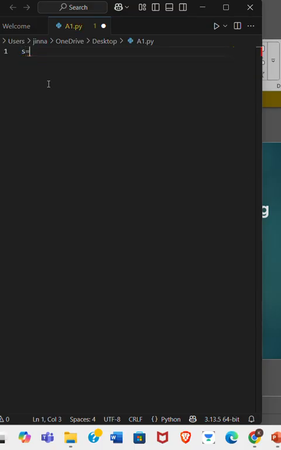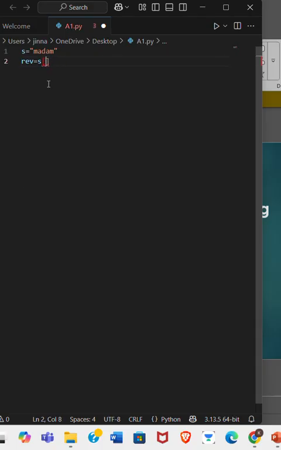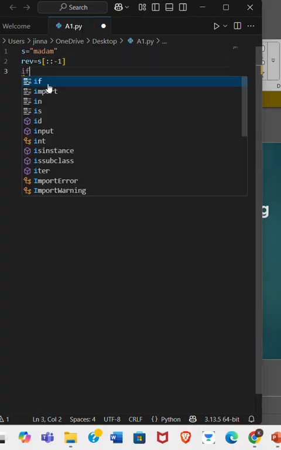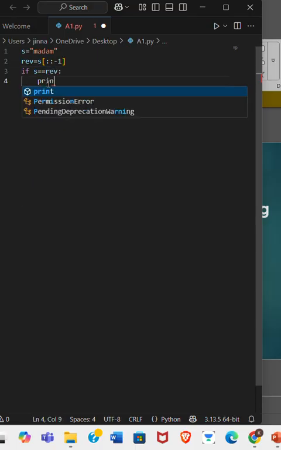Let's say I have a string s, which is madam, as an example. I'm going to use the slicing concept here. I'm going to reverse the string and store it in rev, using the colon slicing, which is going to take the string from the outer side. If s is equal to rev, then that condition simply prints out my